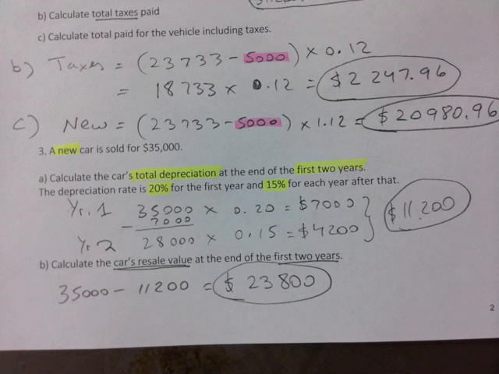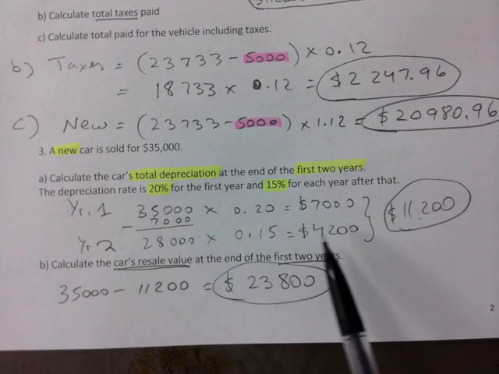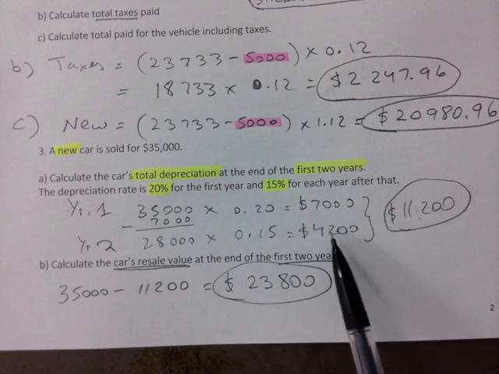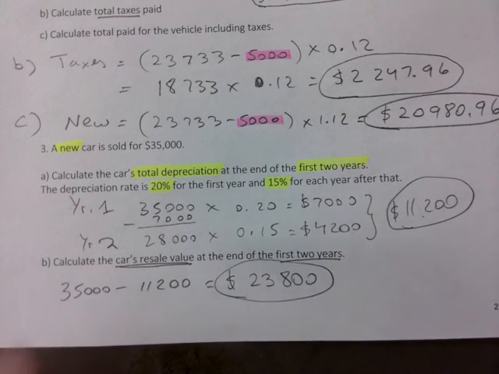So 23,800 is what is left. And the other option I showed you yesterday is you could have just taken the 28,000 and subtract what you lost in that second year, and then you'll also end up with this. So whatever you prefer is okay. All right. So close your notes, close this as well, and then we'll